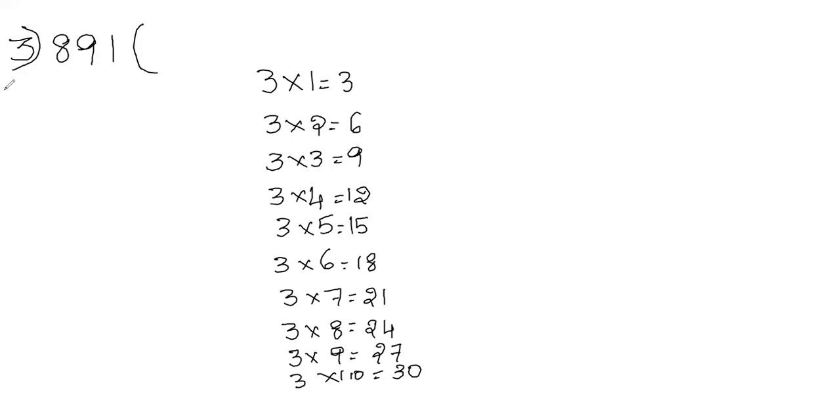Okay, now coming to this. In the 3 table, we didn't have 8. So smaller than 8 is 3 twos are 6. So this number will come as quotient, and 8 minus 6. How much? Yes, 2. Now the next digit will come down, 29. See, in the 3 table is 29 there? Not there. So smaller than 29, what is there? Yes, 9 times.